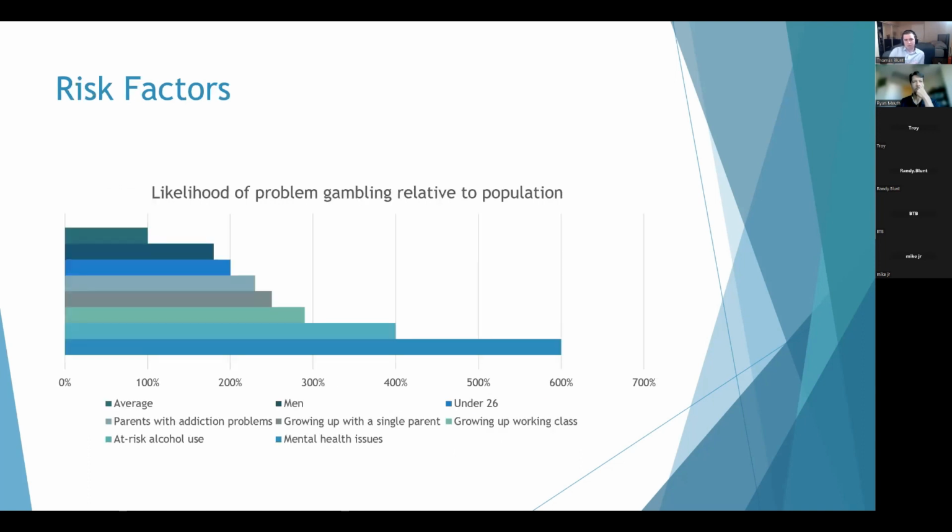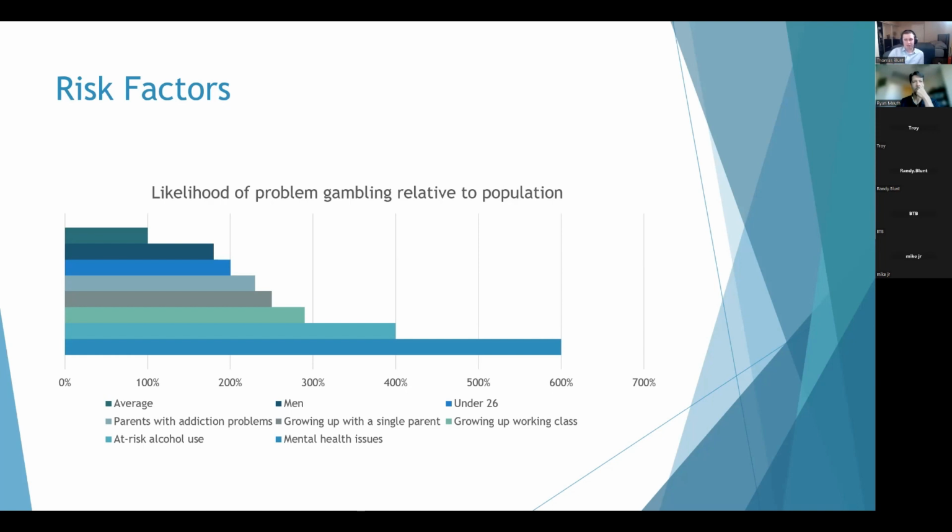So the risk of problem gambling can be associated with several demographic and personal factors. An analysis from Austria in 2015 showed that when accounting for other variables, there are a few especially influential factors that can put someone at risk for developing problem gambling. Men are 1.8 times as likely on average to become addicted to gambling, and those 26 or under are more than twice as likely to become problem gamblers.